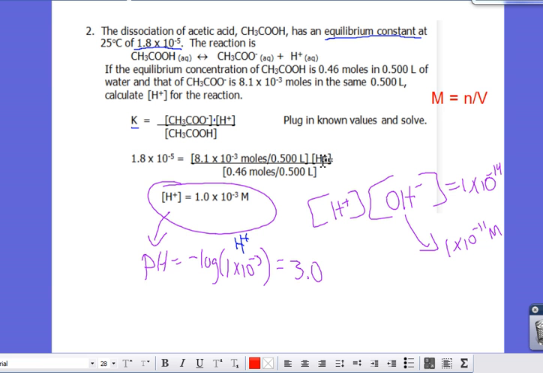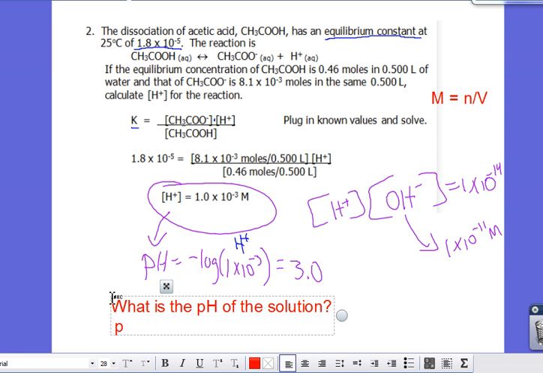We don't know the hydrogen's value. We do know the acetic acid's value. And so then I can solve for the hydrogen value using algebra. I multiplied these two over, divided these two over, and got the hydrogen as 1.0 times 10 to the minus third. It doesn't ask for it, but if it had said what is the pH of the solution,